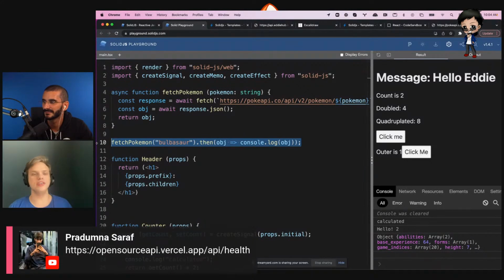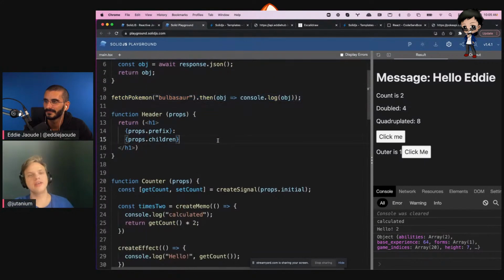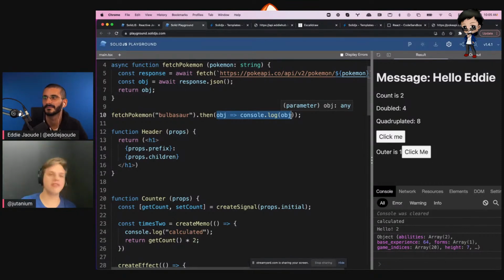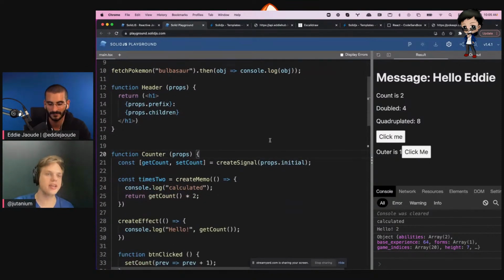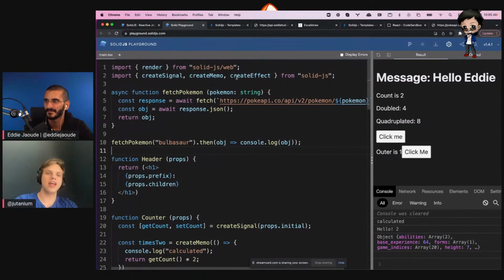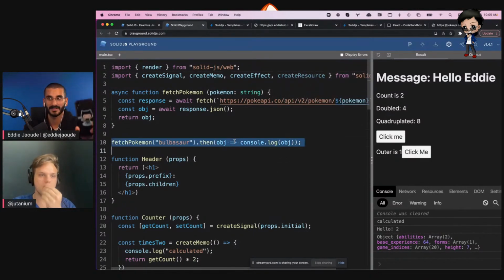If we wanted to use it as a reactive signal, you might want to set a signal here, but then what happens when you want to fetch a different Pokemon? You have to do it again, so then you might put it in an effect. It gets really complicated really quickly. In React, you usually immediately import a library for this kind of stuff. In Solid, we start with createResource. So what we're going to do is instead of doing this,